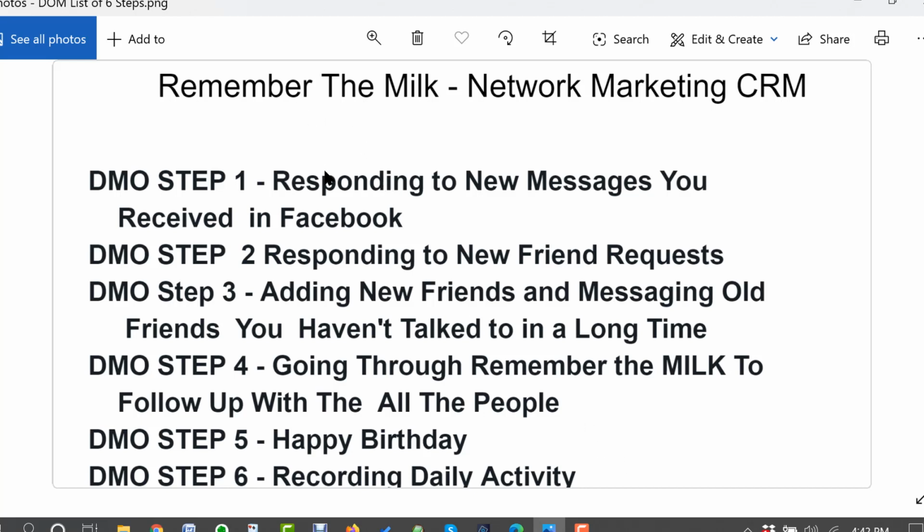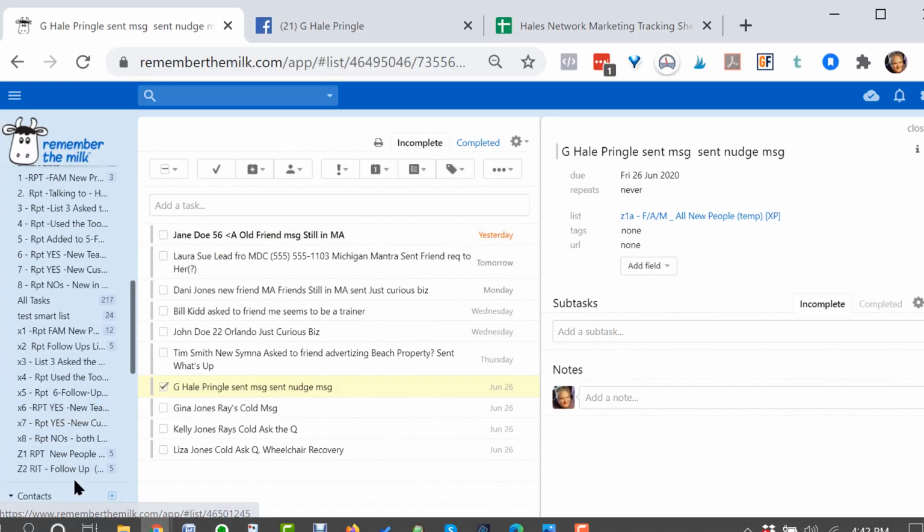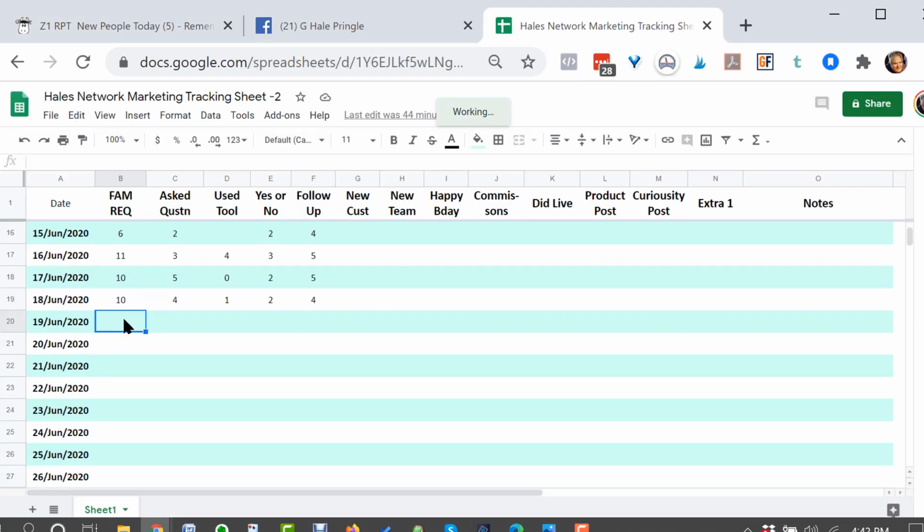So I'm going to go back to Remember the Milk. And what we have down here is some special lists that are reports. And what happens here is you give it a set of criteria, and when you click on it, it will go find all the people who meet that criteria. So for this new people report, the criteria is they were added to the system today. So here it says I have 5 people, there's the 5, that I've added today. So at that point, I can go over to my spreadsheet. So I go down and find today, add the 5,